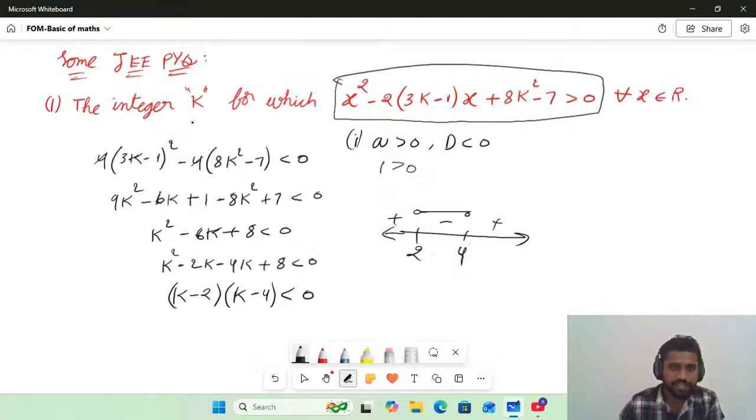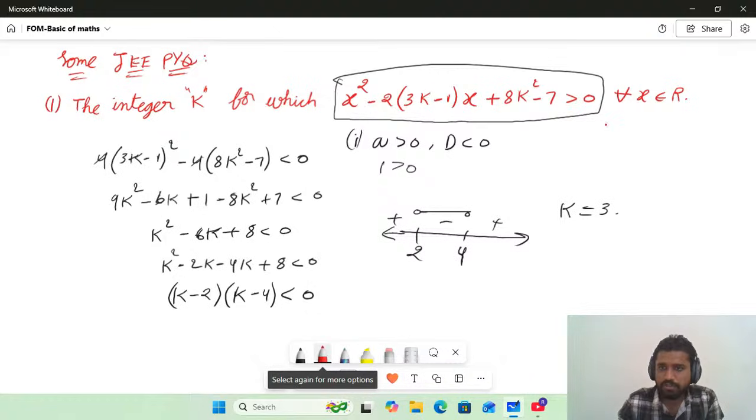The question asks for the integer k for which this expression is always greater than 0. What is the integer between 2 and 4? The integer between 2 and 4 is 3. Yes, obviously the integer between 2 and 4 is 3. So k should be equal to 3. So this is the answer for this question, and this is